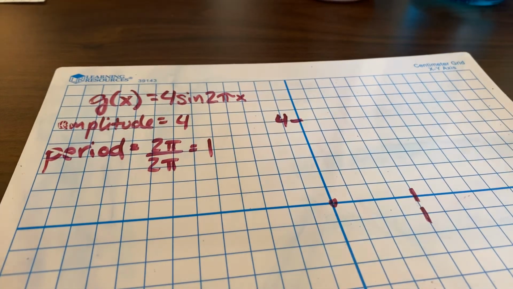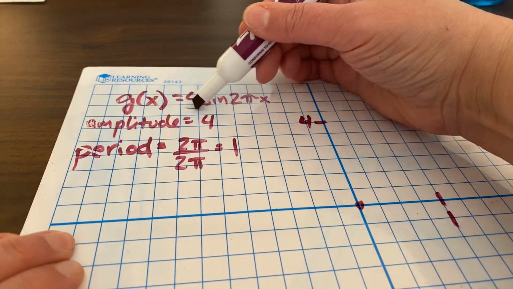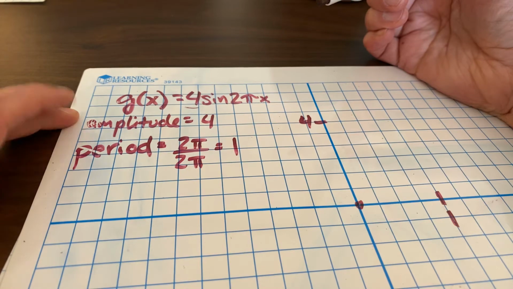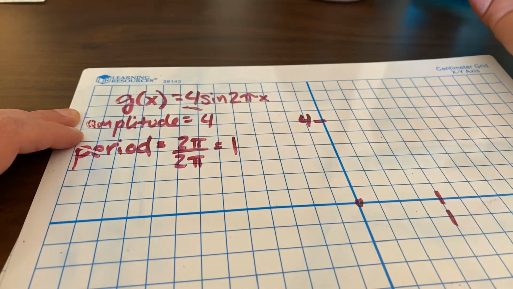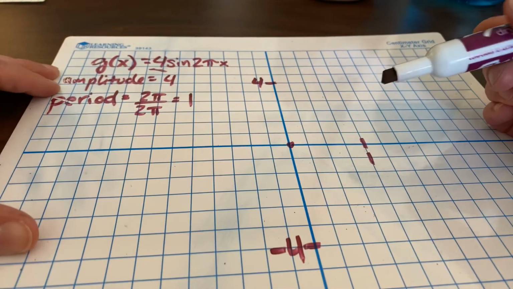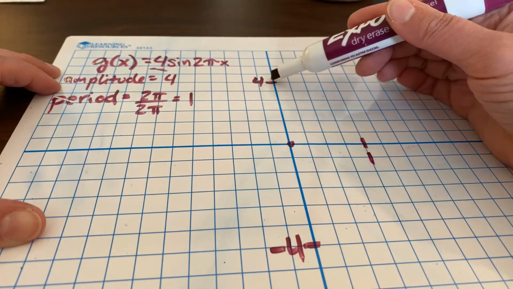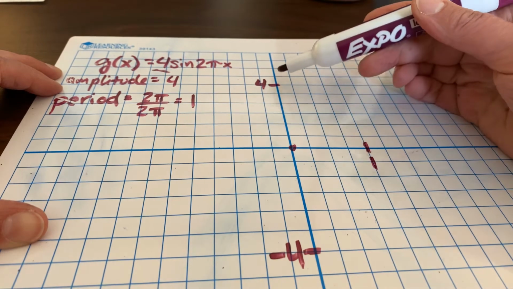Let's try g of x equals 4 times the sine of 2 pi x. Well, you want to look at the 4 and ask what is the amplitude, right? The amplitude is found by looking at the number in front of the sine, which is 4. So the amplitude is 4. So when I go to graph this, I want to go all the way up to 4 and all the way down to -4, and I've made my scale larger